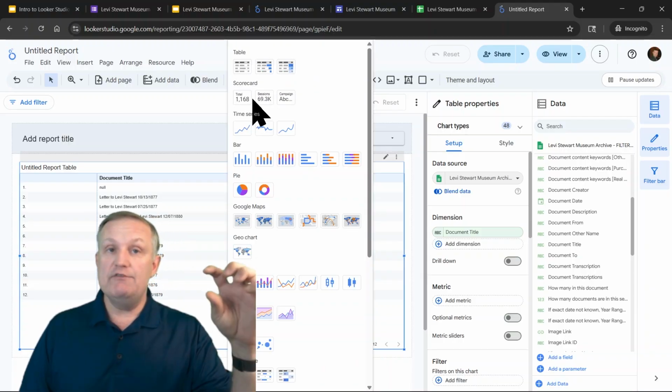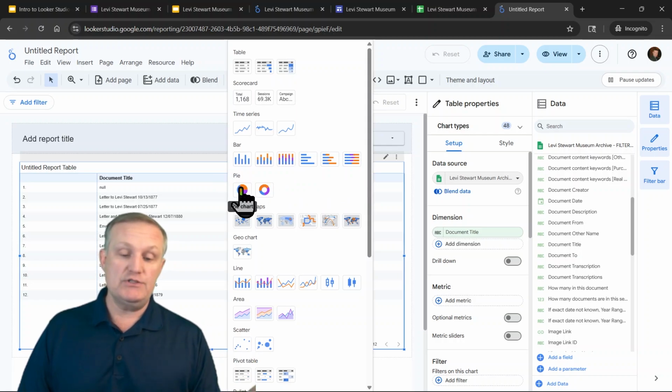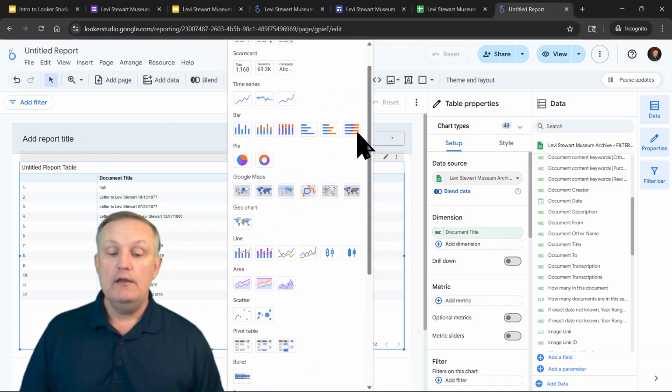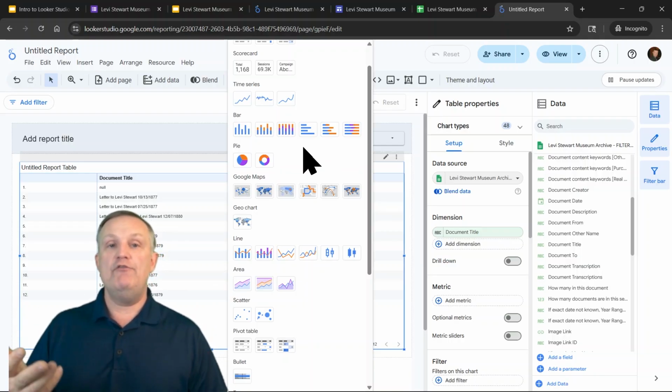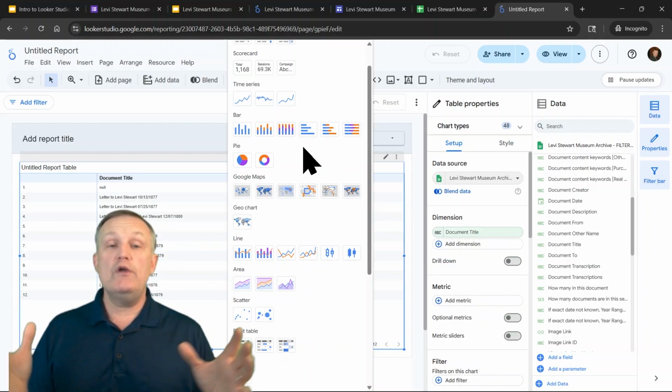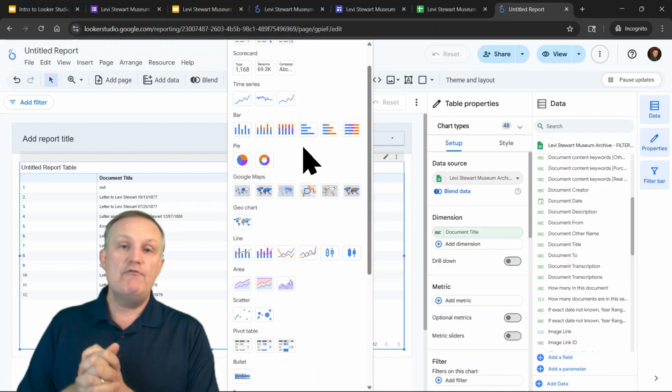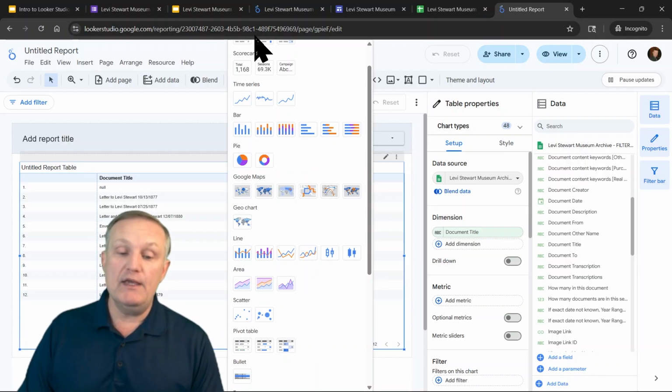There's scorecard, which is individual numbers. There's bar charts. There's pie charts. There's all kinds of cool stuff. And you can do, again, depending on what you're trying to share. The model that I've seen most frequently, kind of the templates they use, again, is like if you run a YouTube channel, you can see reports on, oh, where in the world am I getting clicks, or what's the demographic, all that kind of stuff. You might be interested in that kind of